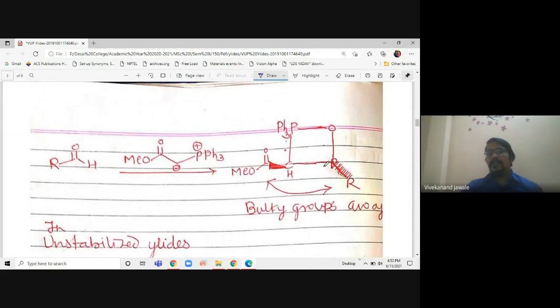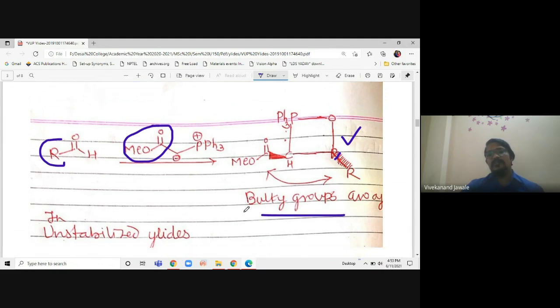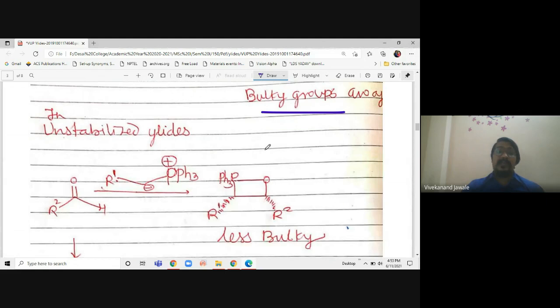If you have a Clayden book, I recommend that you read this. Why? Because they have shown with the help of colored bonds how those are going away from each other. See, here the R group is there and these two bulky groups are there. So these will go away from each other, meaning one will come above the plane, the other might go below the plane. So these are away from each other, and we know away from each other means they are E, or they are opposite in direction.